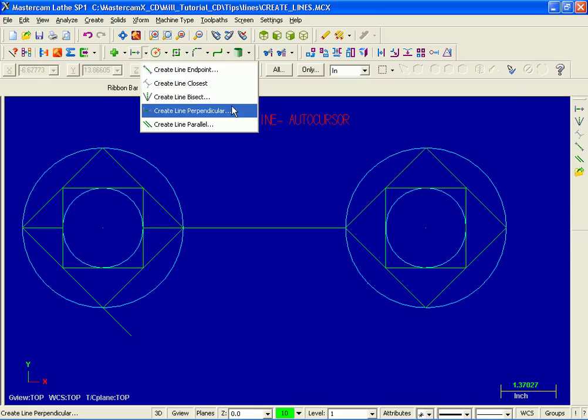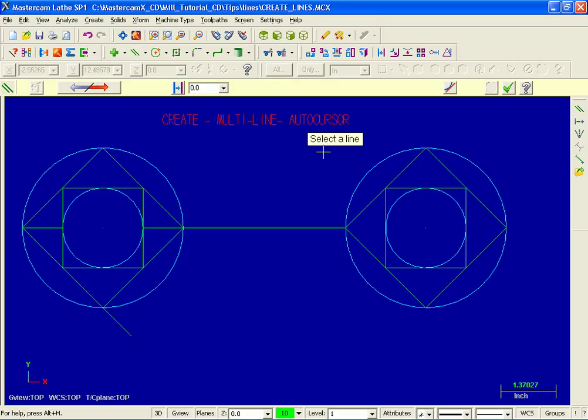Now last one on the list, create line parallel. Now here's the prompt, select a line. So I'm going to pick this line here. Now for the next prompt, select the point to place a line through. I'm going to pick a point above. I'm going to move up to the ribbon bar, and for the distance I'm going to input 1 and then